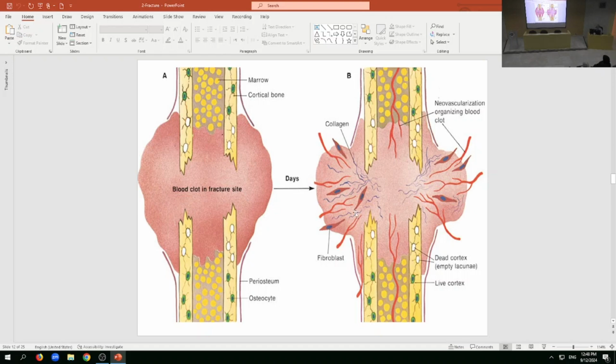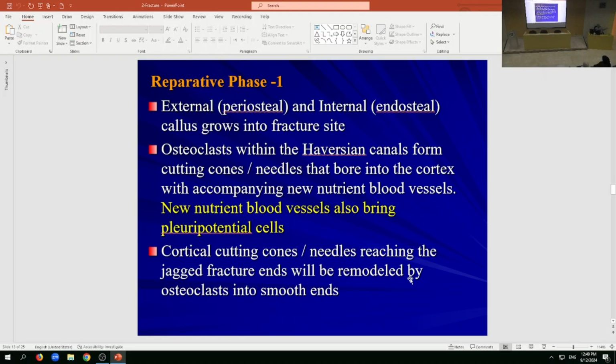Now, immediately after the fracture, there will be hemorrhage, which is here. And with hemorrhage, there is proliferation of blood vessels. All of these are the new vascularized blood vessels, as they say. They bring with them fibroblasts into the site. But the dead osteocytes are still there, and the live osteocytes are still there. Then you will go into the next phase, which is the